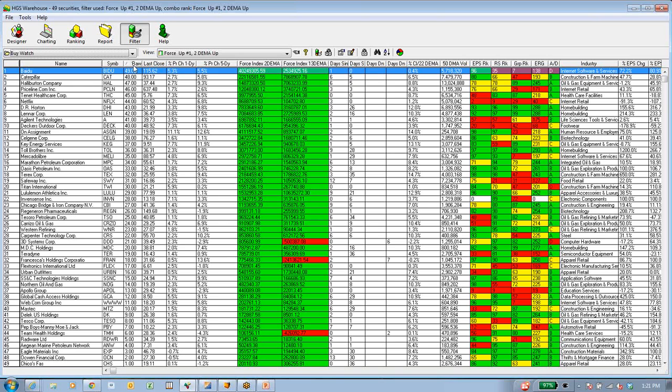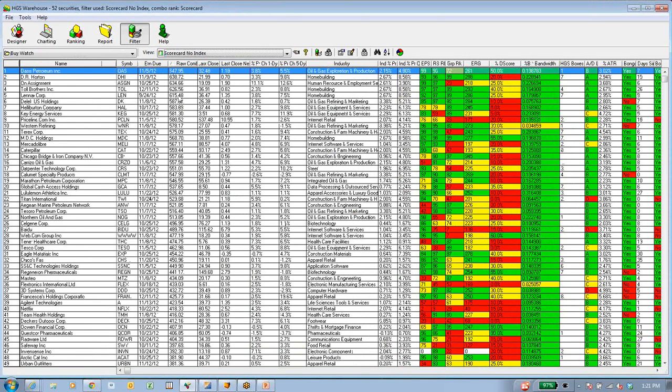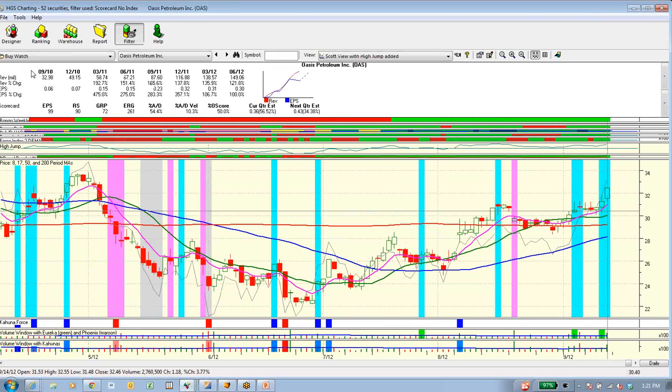So I'm going to rank these in scorecard, no index, which is what I like to look at: balanced, fundamental, and technical. I'm going to look at some of these very quickly and comment on why I like them and why I'm concerned about them. I'll look at 10 stocks and then I'll say goodnight. This is sort of my lightning round of things that I looked at over the weekend that I thought were attractive. These are ranked numerically, not necessarily ranked by my favorites, and I'll pick out a couple after the first 10.